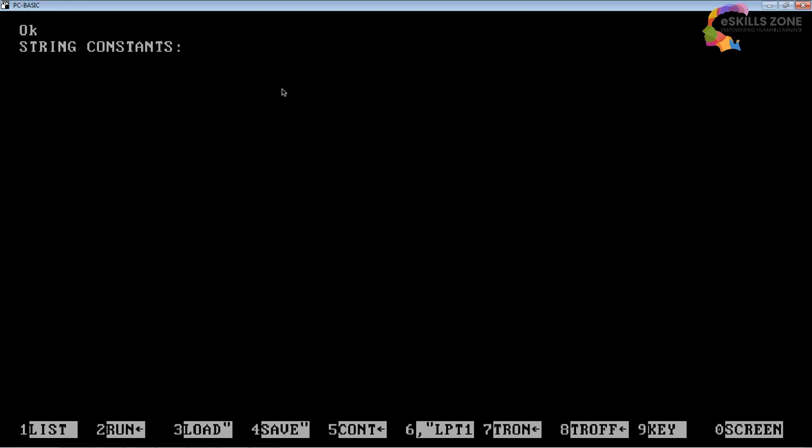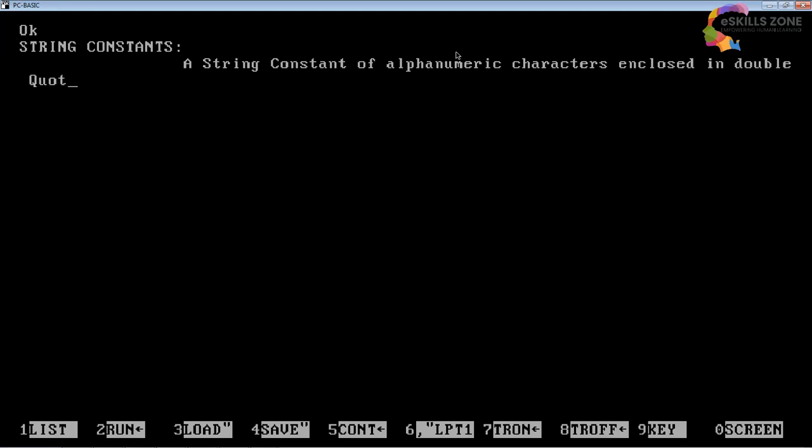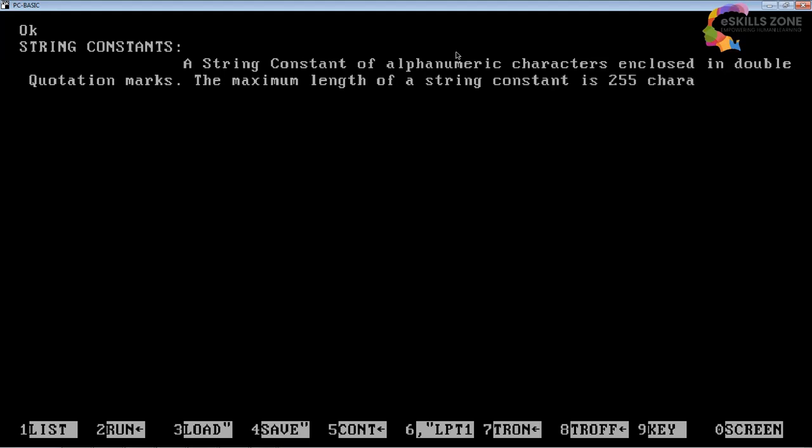It is defined as a string constant of alphanumeric characters enclosed in double quotation marks. The maximum length of a string constant is 255 characters. For example,